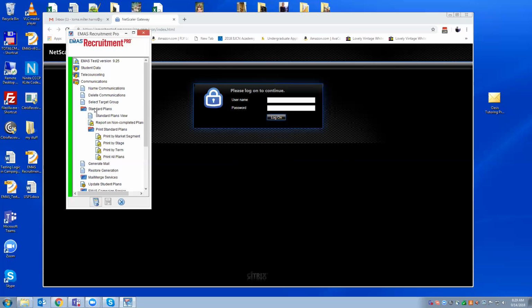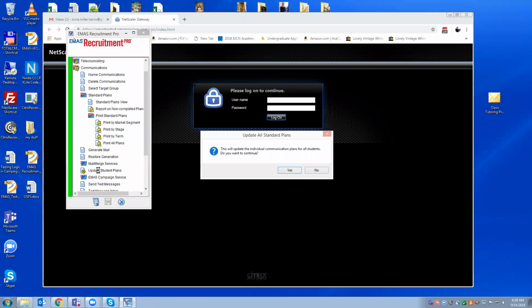The only thing is that it's not going to remove those communications until you run the update. So you're going to have to follow up with that. Do you use the update student plans? Yes. So that's the full update as opposed to the individual update that happens in the individual plan.